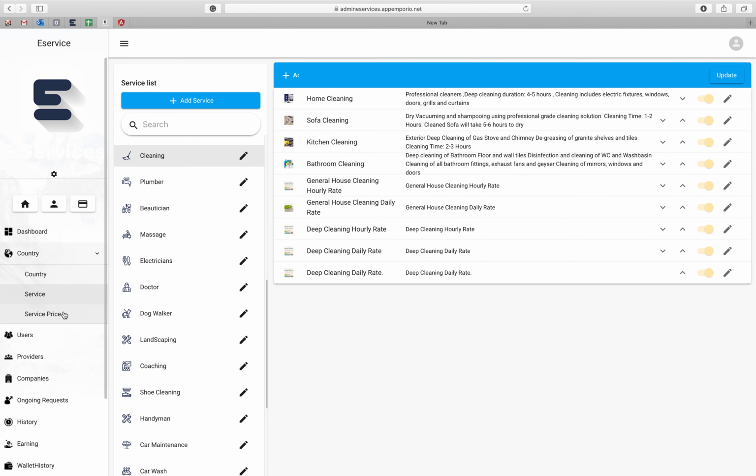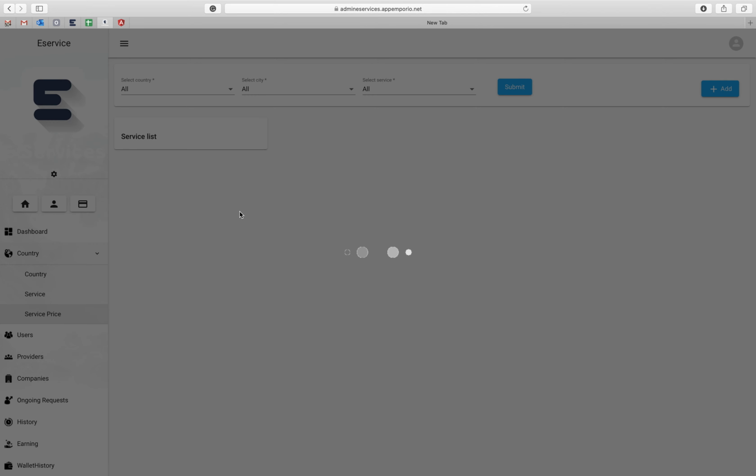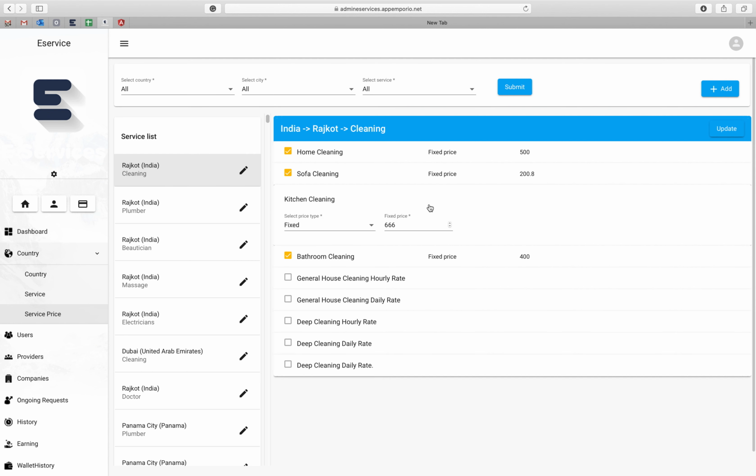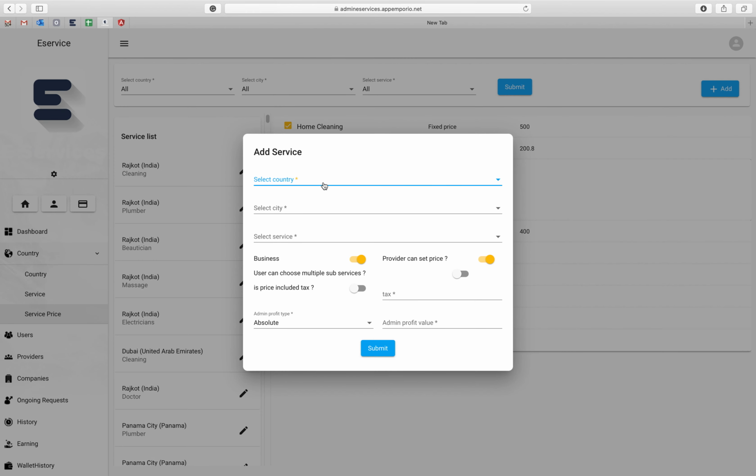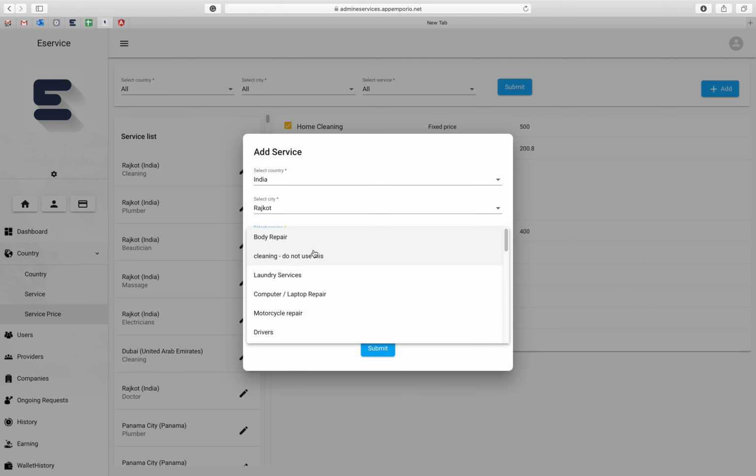Once you add services in your system, then it's time to attach those services to the city. That is, in my city, Rajkot, we are providing X number of services. So for example, if I select Rajkot and cleaning, number one, I have to add from here. Let's say I select India, my city, I will select Rajkot, and then which service, let's say cleaning